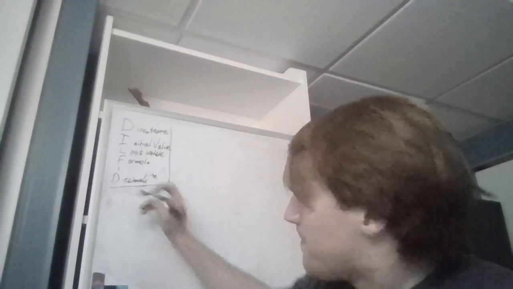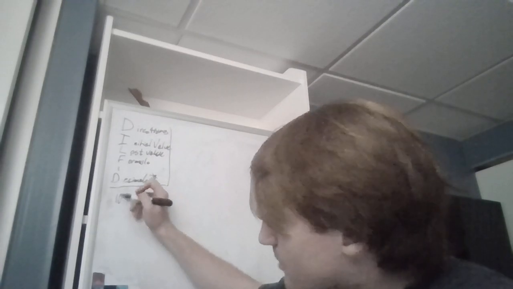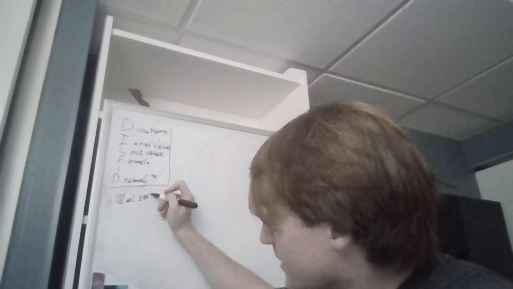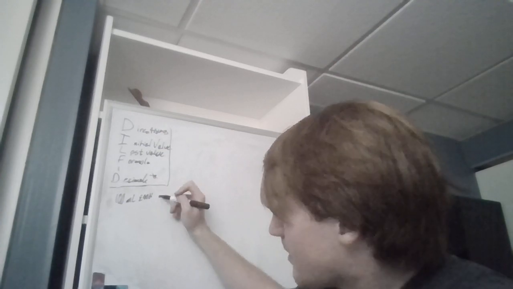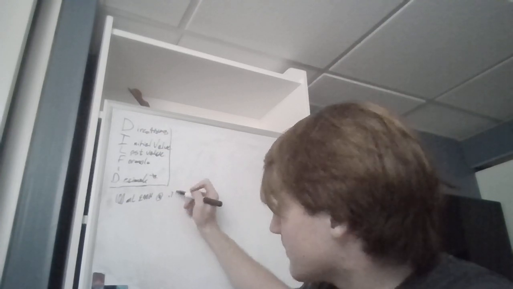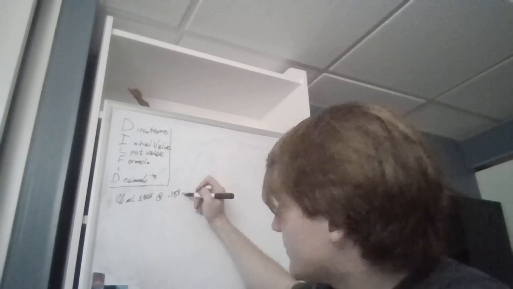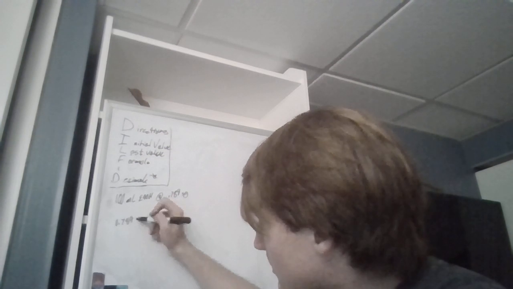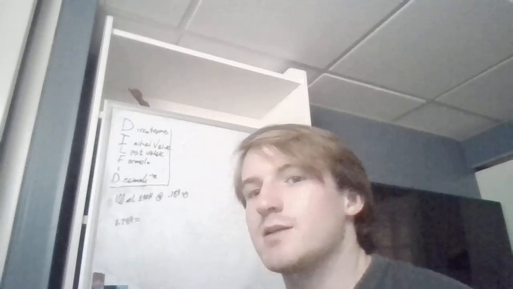So we have 100 ml ETOH, ethanol, at 0.789 SG. So with specific gravity, 0.789 is equal to, where specific gravity gets confusing is